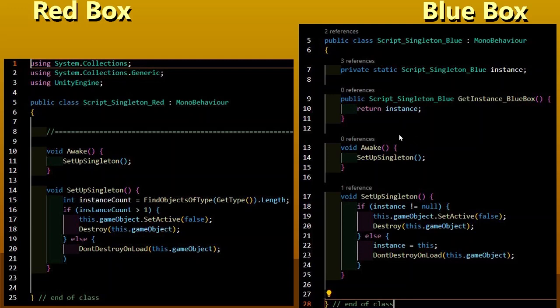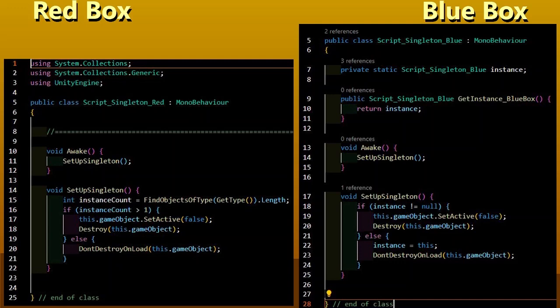When I call it, it will return this instance, which is the blue box. Here nothing has changed. Now in our function we are seeing the variable instance, and we will check. If it is not null, so if there is already a blue box in the scene, in the level, we want to destroy this object.